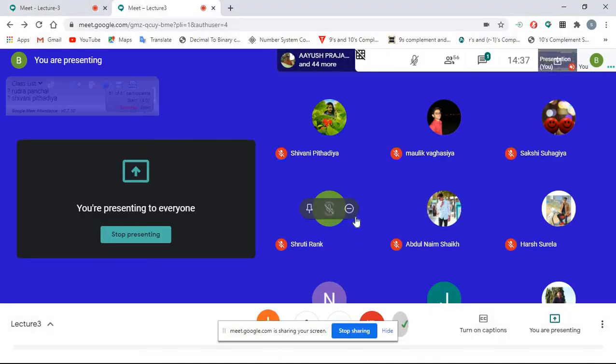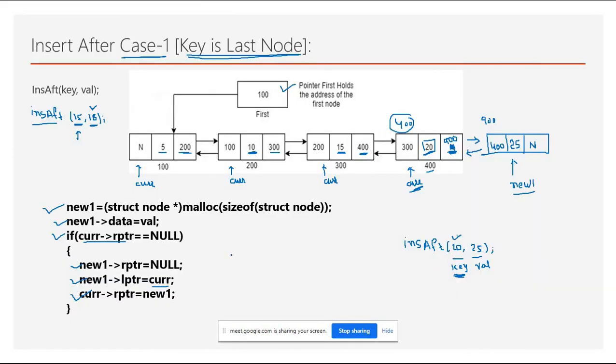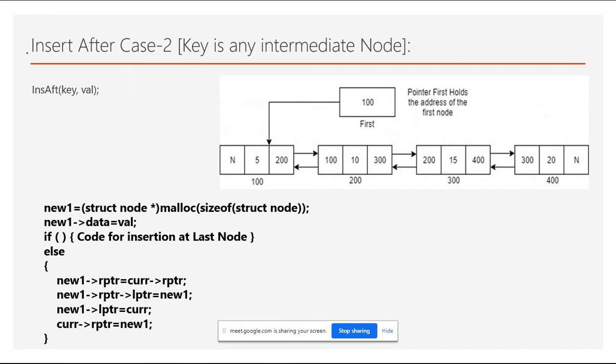But suppose it is also very much possible that the key value will not be at the last position, right? Every time this will not be the case. So what will be the other case? Same function, insert after, but now our key value is an intermediate node, right? So let's suppose the user says I just want to insert after 15.